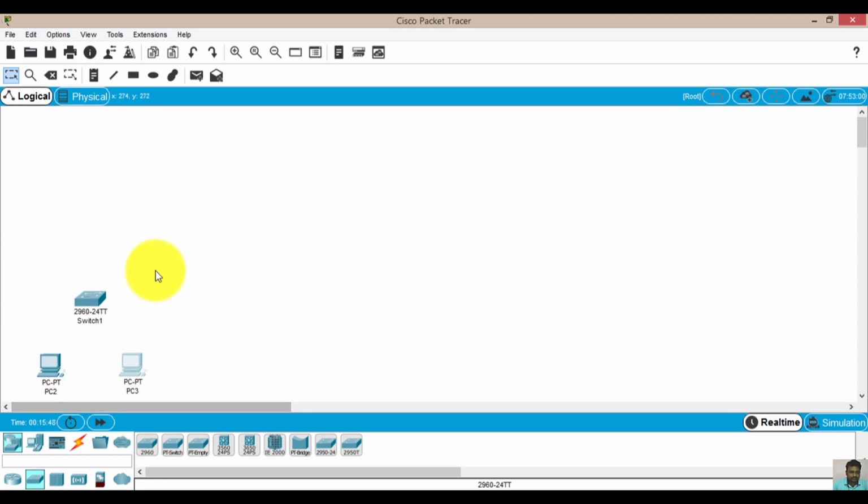So this is my initial small network, but it is not complete right now. What I need to do is make connections. This first option is my connections option, and inside this the first option is automatic connection. If you know which cable needs to be used, you can go directly to it, but since you are a beginner in this, we can use this automatic selection. So click on this, then click on the system and then connect your switch. Then do the same thing for the second system. So this is how you make your connections initially, but this is not done right now, right?